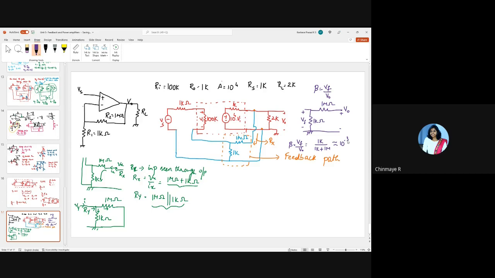So is it clear whatever we have done so far? All we have done is we have drawn the block diagram of this inverting amplifier with input impedance, output impedance, source resistance, and load, and the feedback network. Then we separated the feedback network from the amplifier, and we are going to see how this feedback network is going to load the input side and the output side. We also found out beta. Now, we'll redraw this feedback network a little differently, so that it's easier for you to understand.